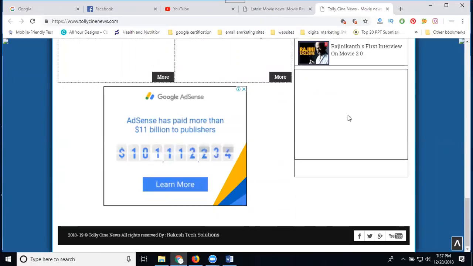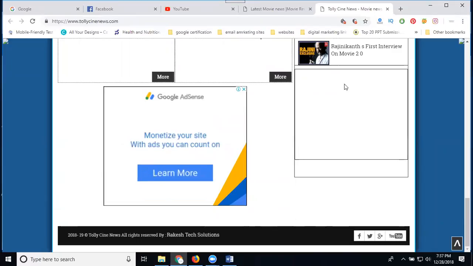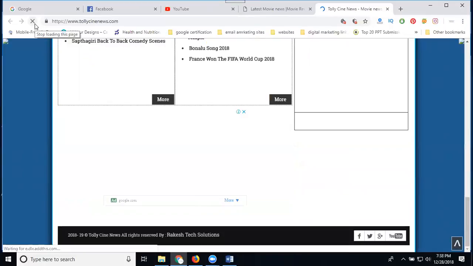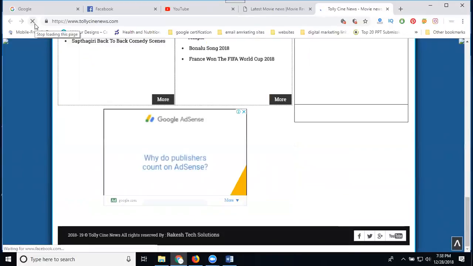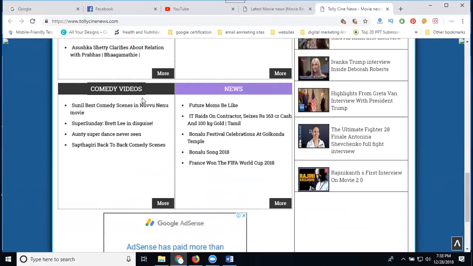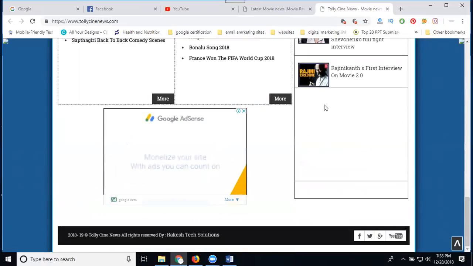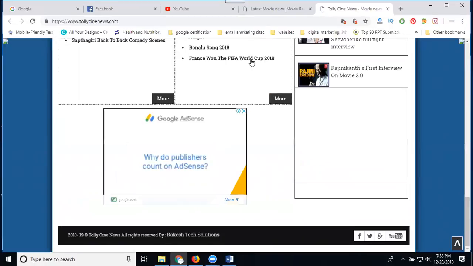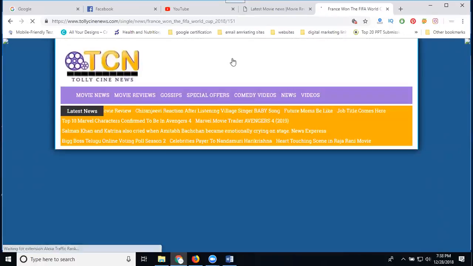It will show one more ad here. It's not showing here; when I refresh, it will be enabled. Proper loading is not done. After that, your ad will show here also. So, if any video is opened, you show your ad.